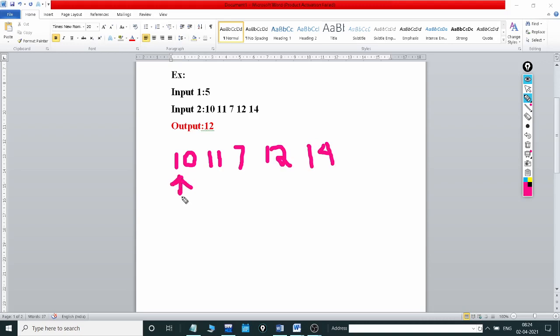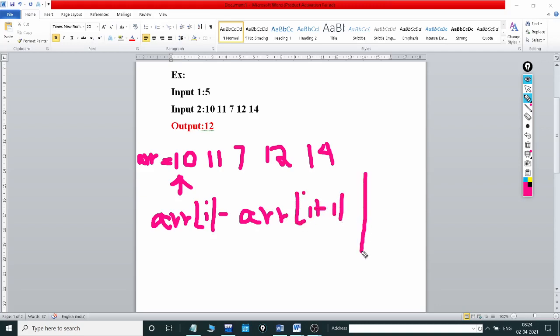Suppose it is stored in some array, let it be arr. So we need to take arr of i minus arr of i plus 1, then take the magnitude, and then add it to the total. Then the next pair is the same, so we are repeating in a loop. I will explain in the program.